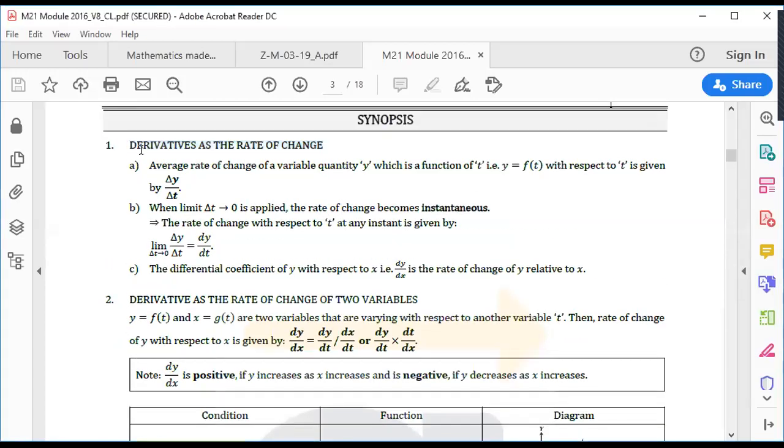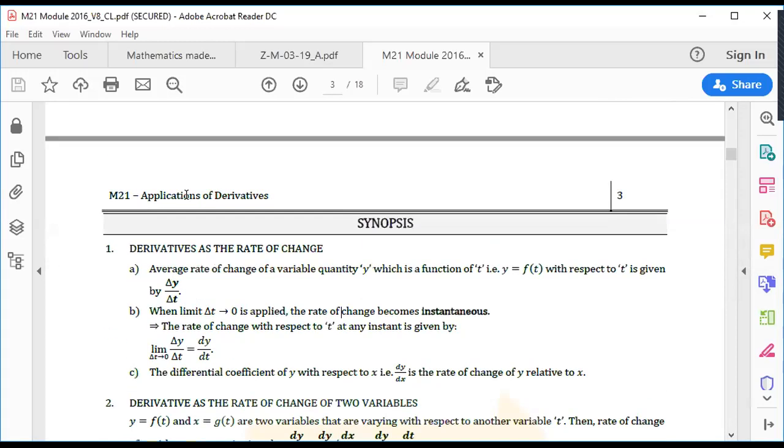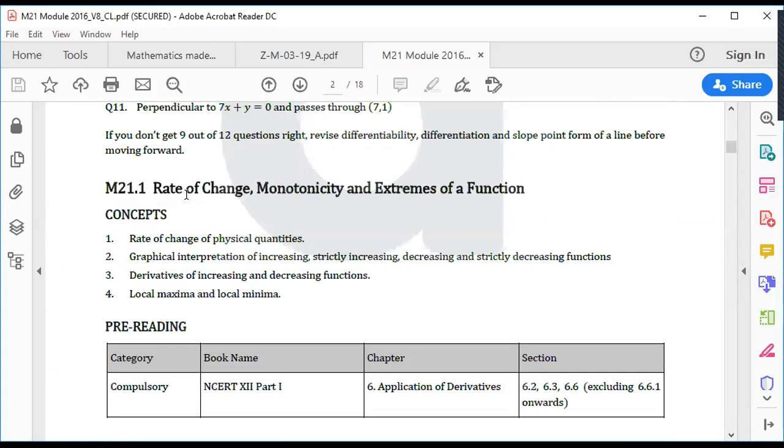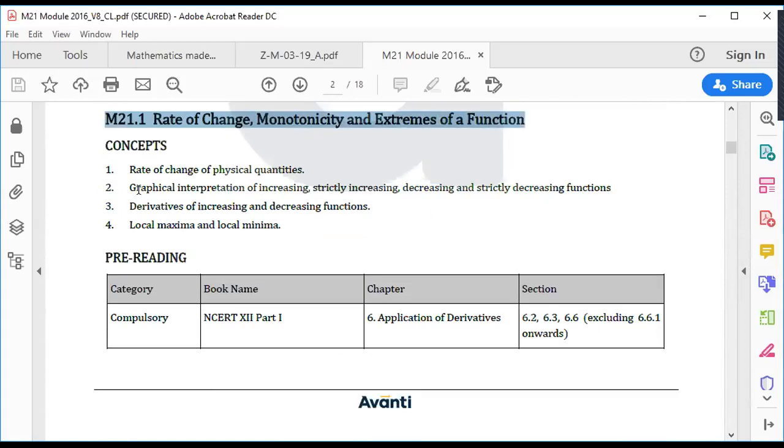Okay, yes. So we have started M21.1, that is rate of change, monotonicity and extremities of function. So whatever can be understood from this PDF to save time, we are going to understand from this PDF only, and remaining things we will understand on board. Okay, so wait. So here,